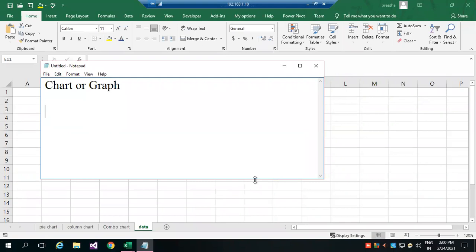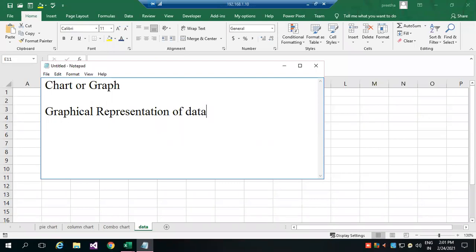So in Excel, one of the important features is that we can easily prepare a chart or graph, so that you can visualize the data graphically and easily convey the growth of your business or whatever process is happening. So here we are going to prepare charts. When I say chart, we can say it's a graphical representation of data.